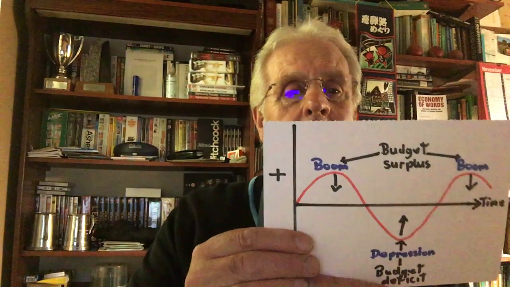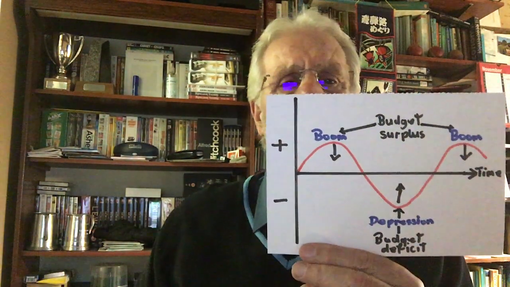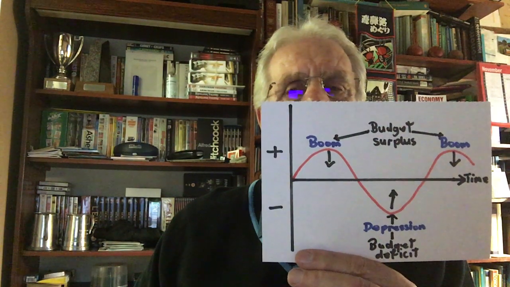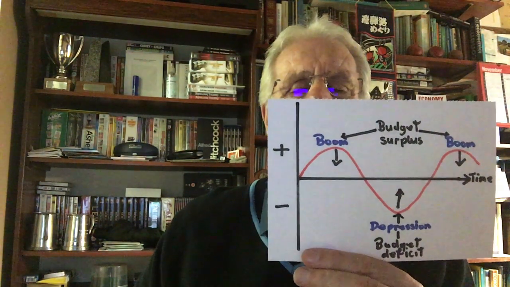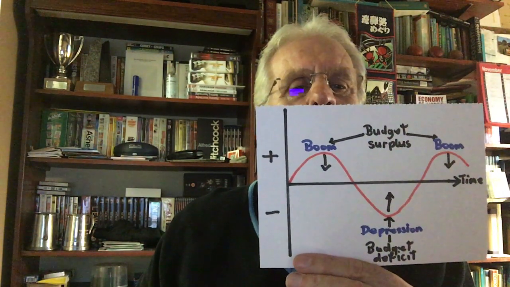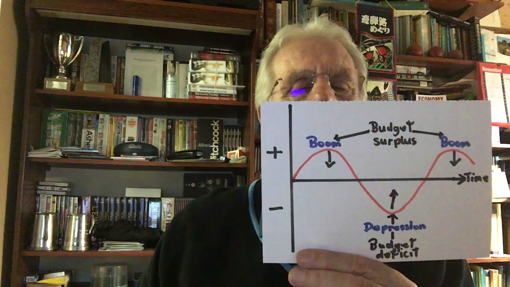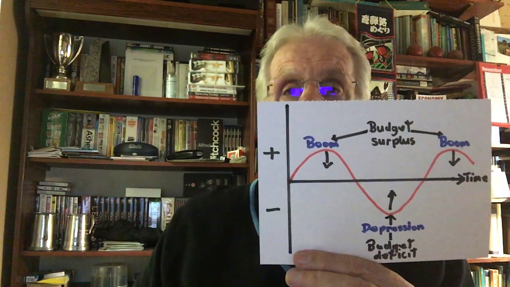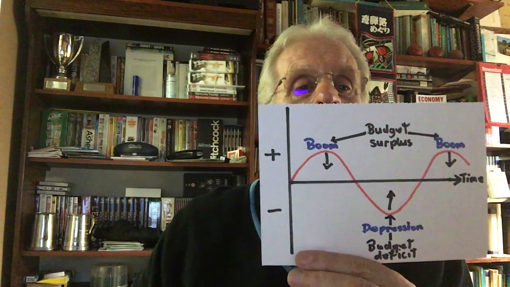The modern monetary theorists have exactly the same idea. They have the assumption that there are output gaps that can be closed by manipulating demand, but they don't like the original idea of the Keynesians, which is illustrated there. I don't want to give you too many of these because it's going to become confusing, but the red line is what's thought of as an economic cycle, a trade cycle that takes place when governments don't do anything. The economy is thought to go up and down through booms into depressions when the economy is not managed by a government. And what Keynes said in the General Theory of Employment, Interest and Money, and got Keynesian economists excited,